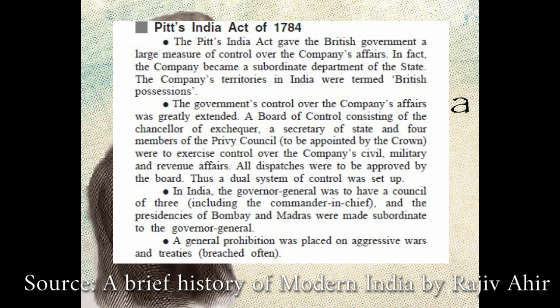the addition of a Secretary of State, Chancellor of Exchequer, and a Privy Council into the Board of Control. There was also a reduction of the Governor General Council to just 3 members, and the establishment of a dual system of control where the Board of Control would consist of British officials. The Pitt's India Act was officially enacted by the Parliament after a series of debates and talks regarding the authority and sovereignty the EIC had over its